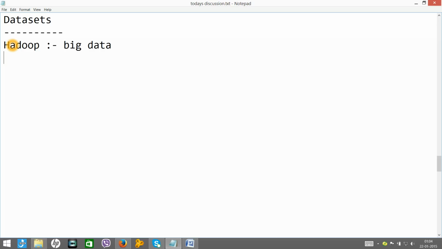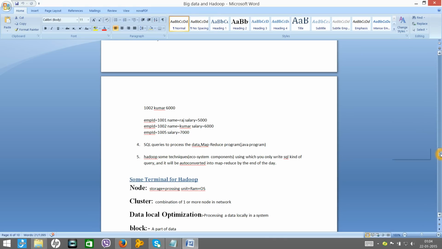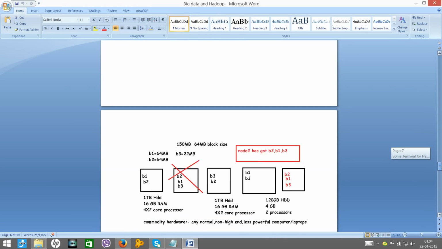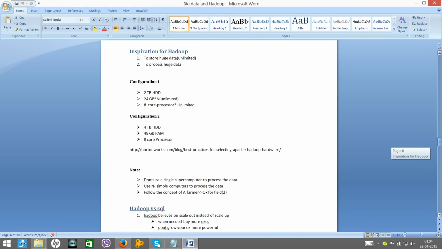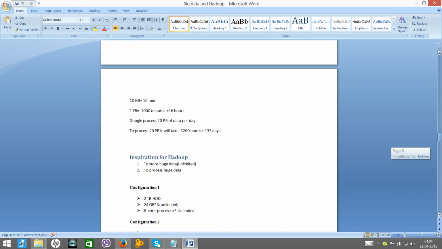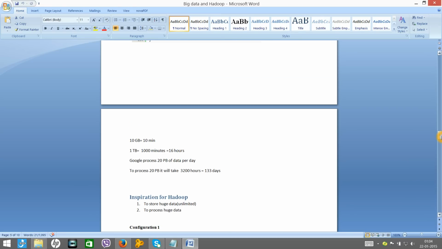So we have a lot of options available. We can download varieties of data sets from the internet, and we will use that for our learning. For example, here I have included some of the important links from where you can collect the data sets. What is a data set? A data set is nothing but a file which contains data.